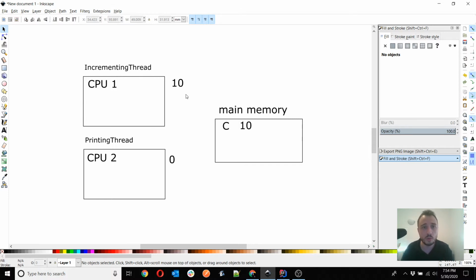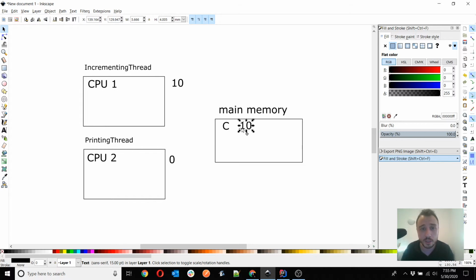And then you have the situation in which, since each CPU has its own memory, by default the changed value is not in the main memory. And if you don't use volatile, then you might get into a situation where a different value is used by another thread when you use a shared resource.